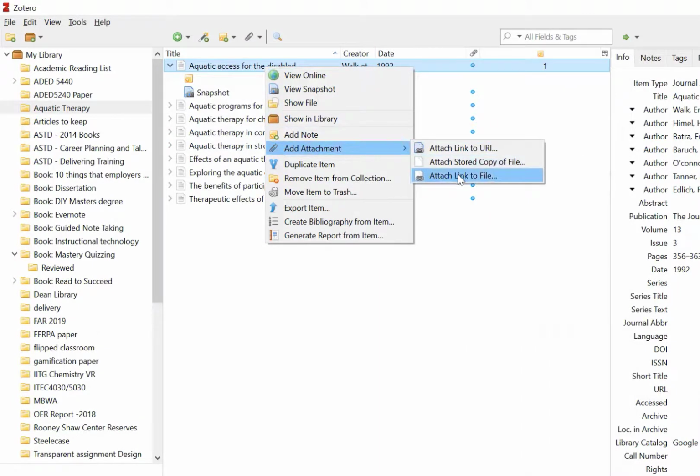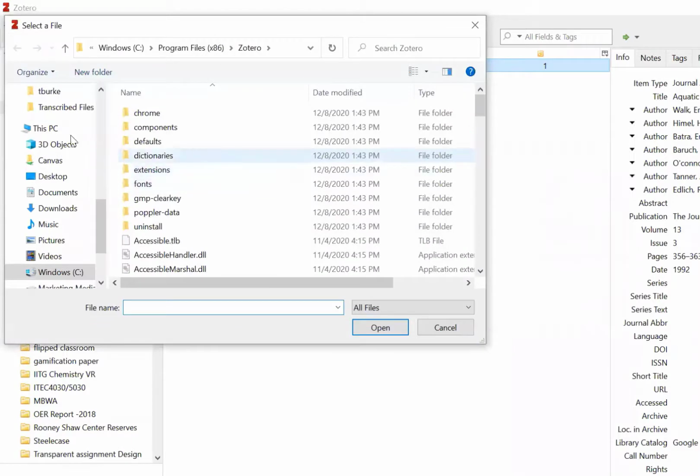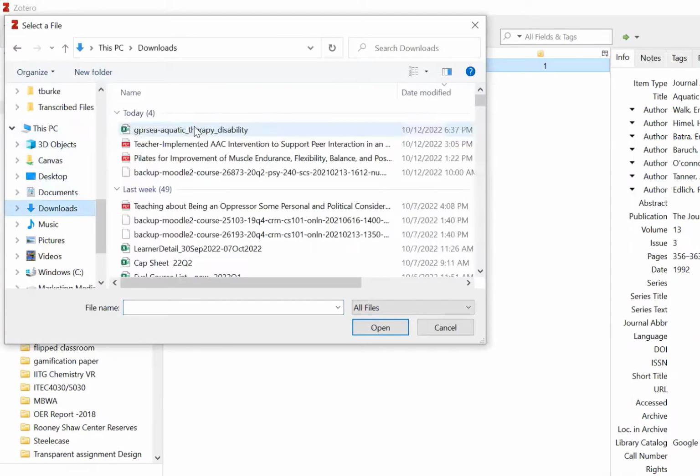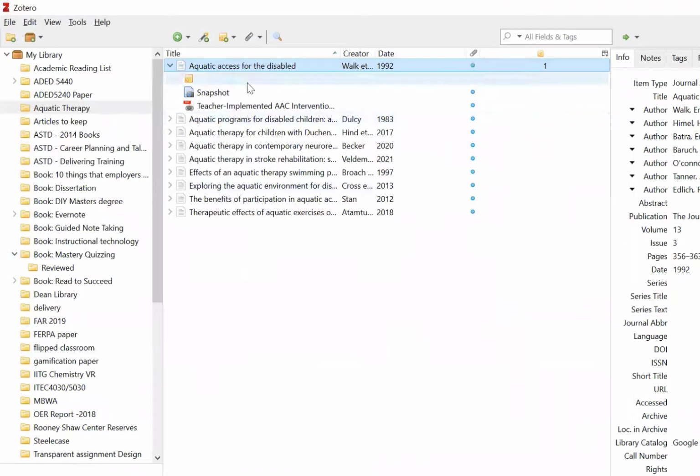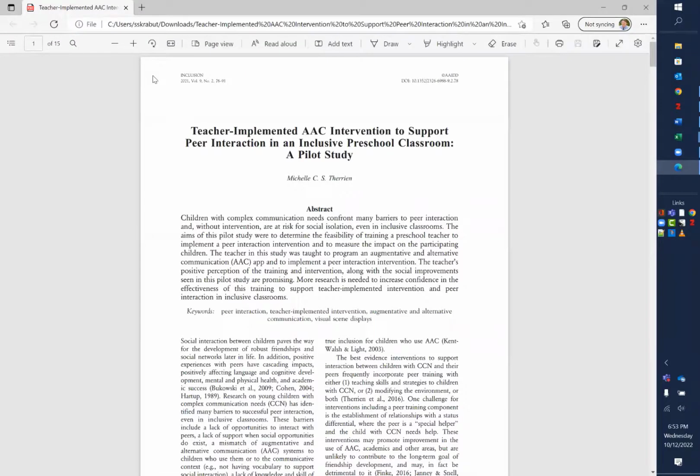You can attach a link to a file. So if I want to, I can go in and say I have it in my downloads or somewhere, right? Here's an article we've just dragged down, right? So now I have a link to that article. And so when I need it, it brings it right up and I'll be able to read it, capture my research, cite it, and it is just magical. That is a strategy, a method that I have been using for probably 10 years to help me write articles